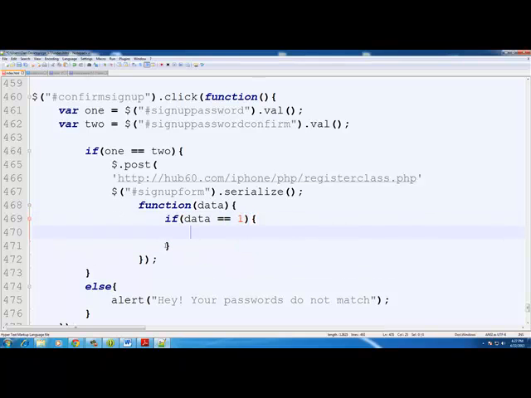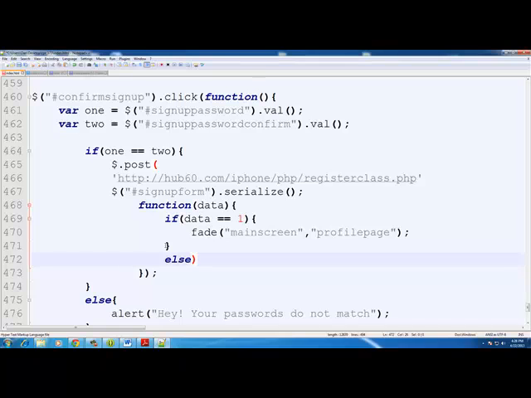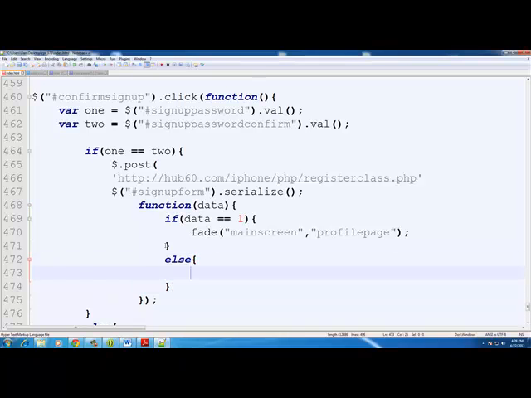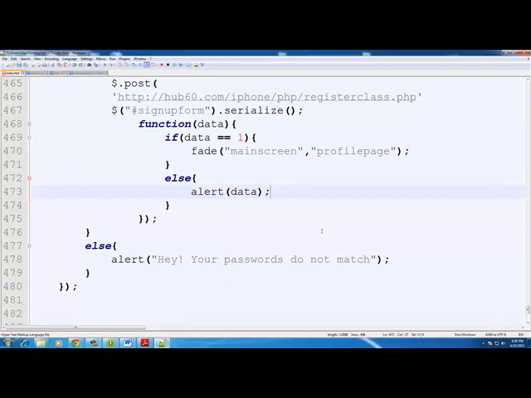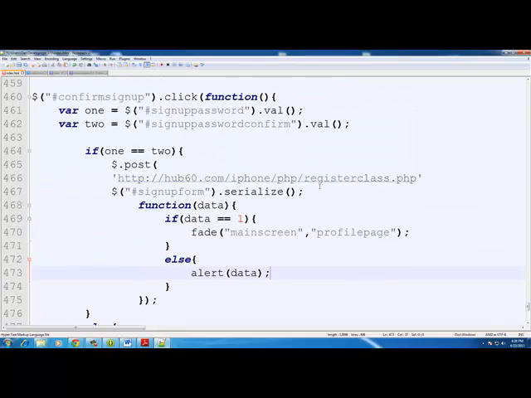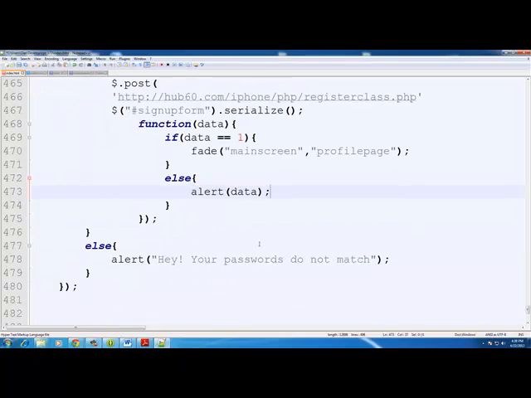we're going to fade our main page and our profile page. Else, we're going to alert because it'll give us an error. So let's alert data. So it'll say email's been used, or for some reason there's something wrong with the posting or something of that nature. If there's an error, it'll let you know. If the data equals 1, that means there's a success, and we want to fade into our